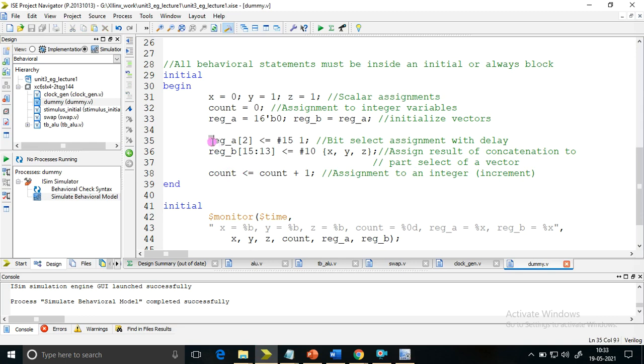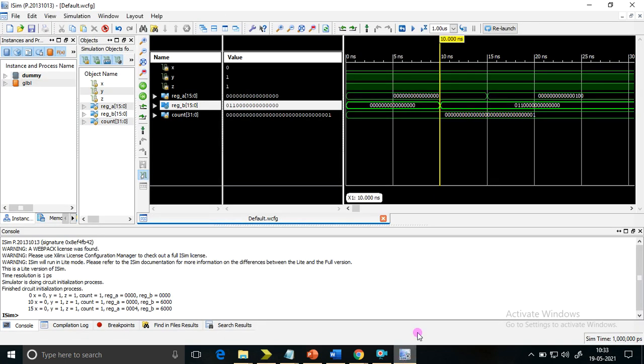Whereas in blocking assignment, this was completing first. After 15, it was waiting for the next 10, so 15 plus 10, 25. After 25, this was completing next, and after 25 plus some small delta time, this was completing. This was the winner, the next the runner-up, and this was the loser in blocking. But in non-blocking, this wins first, next is this one, and then this one, based on the delay. This is the difference between non-blocking and blocking assignments.